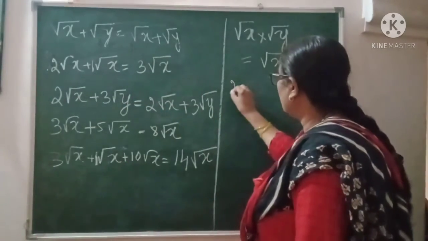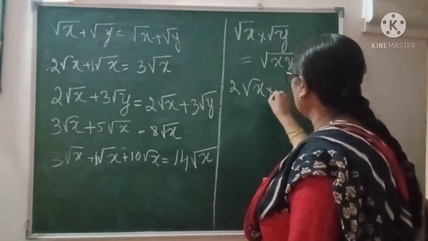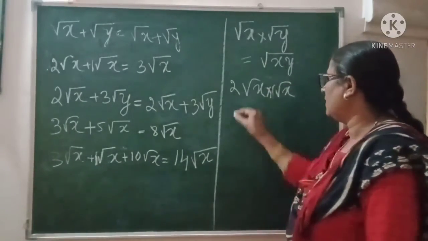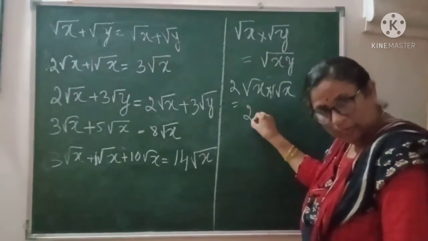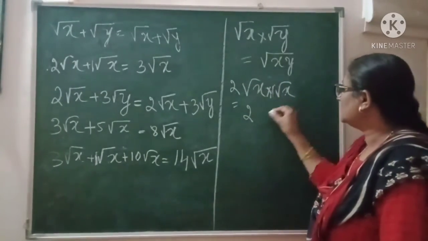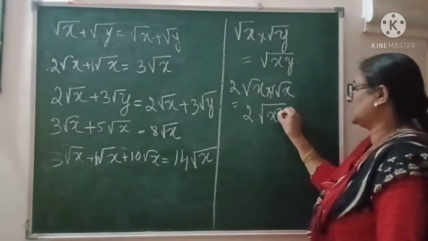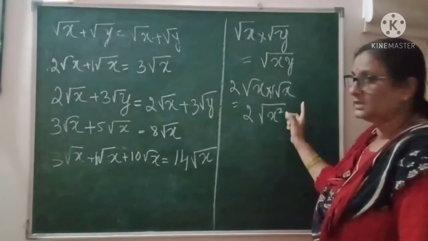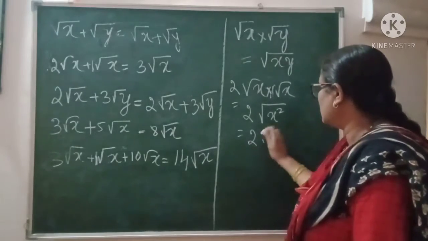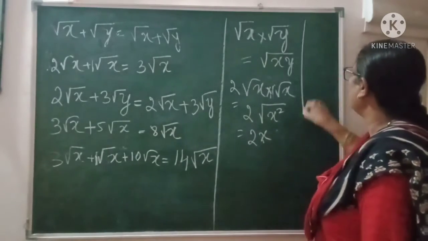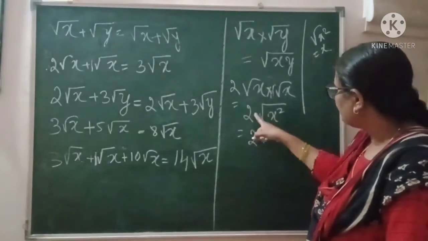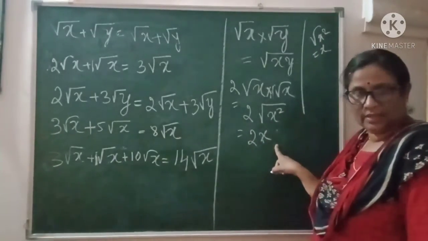For multiplication I'll take 2 root x into root x. Look at this, okay, interesting. 2 ones are 2. Don't write 2 plus 1, 3. This is multiplication. 2 ones are 2. Root x into root x is root x square. Here I am multiplying these, x square. So this is equal to 2 root x square, which makes it x, because square root of x square is x. So you are getting 2 root of x square is 2x.